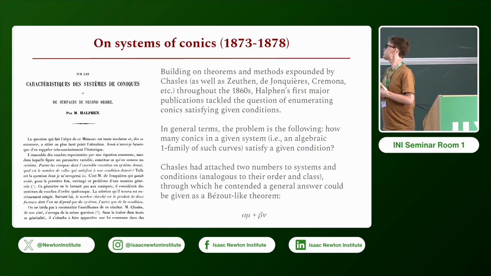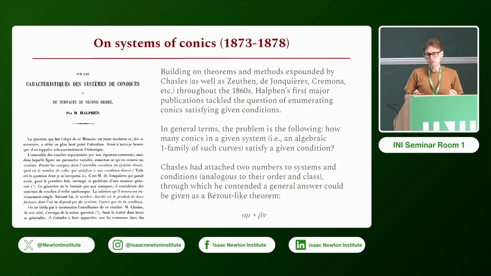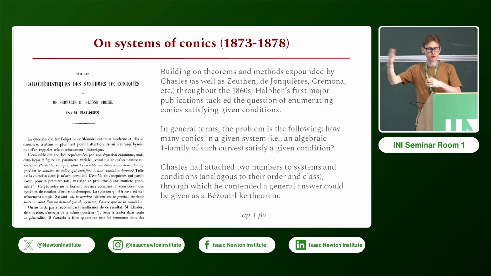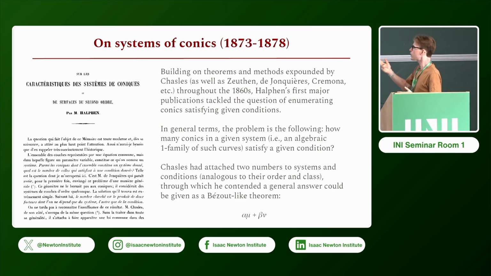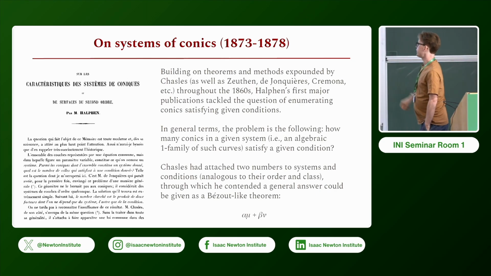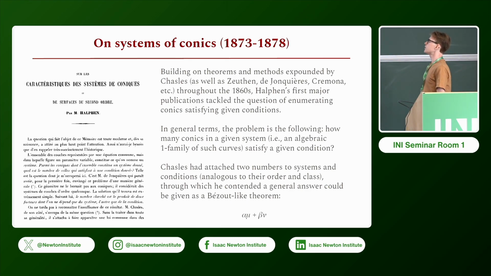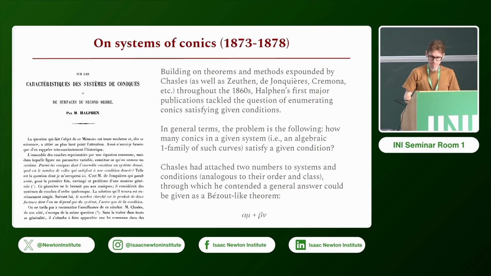So if, for instance, in the theory of plane algebraic curves, knowing the order, in a way, gives you all the answers you may want with regard to enumerative questions. For instance, how many intersections do two algebraic curves have? Well, the product of their degrees. So here they thought, well, it's slightly more complicated. We need not only one, but two numbers. So let's say the order and the class of the curve. And then there's a Bezout-like theorem. Instead of having just a product, we have the sum of two products. But essentially, those two pairs of numbers characterize these objects and give us general answers.